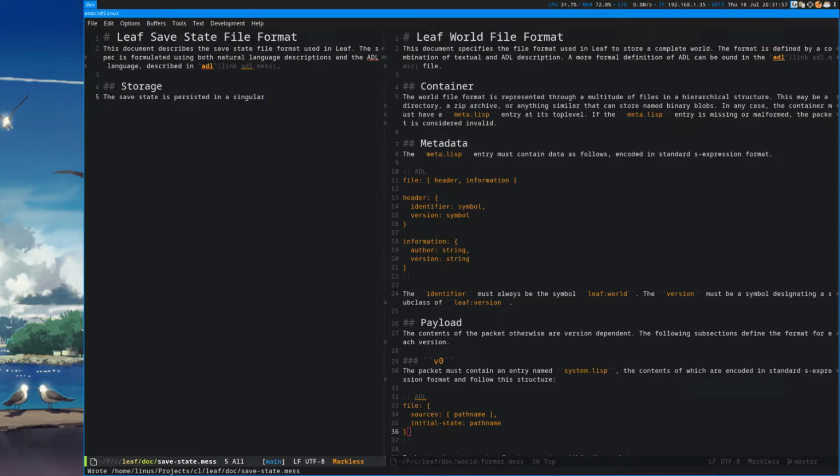Probably would be good, just for future-proofing. But it's kind of difficult to do the versioning thing if you have a singular file.